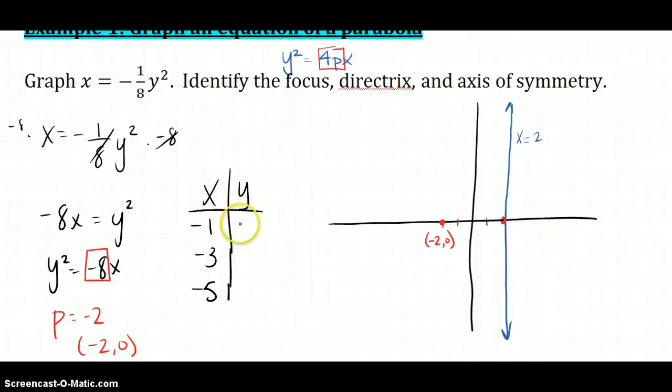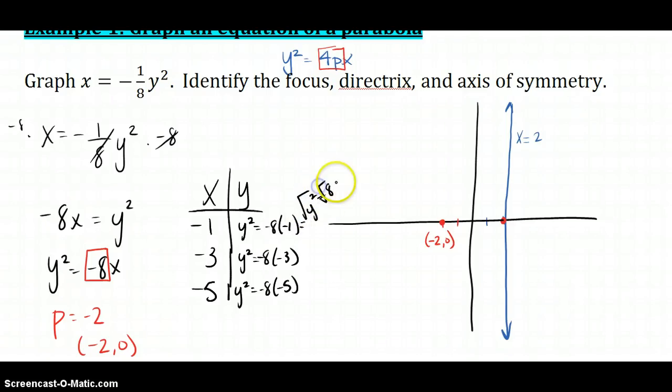So when I plug negative 1 in for x, and negative 3, this is positive 8, and then to get rid of the squared, you take the square root of it. And remember, when you take the square root of something, so we'll have, I'll kind of go this way, I'm running out of room, y squared equals 8. When I'm solving an equation and take the square root, I have y equals plus or minus, and we get about